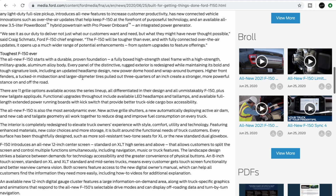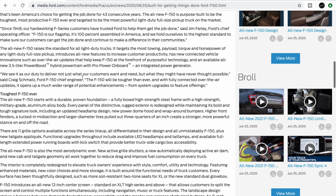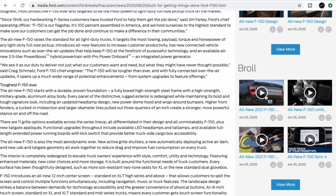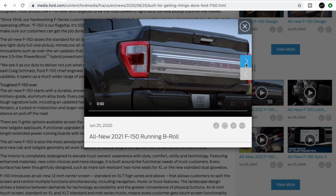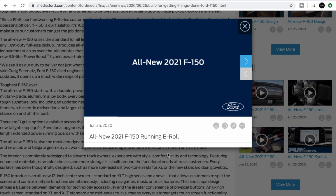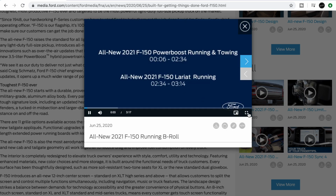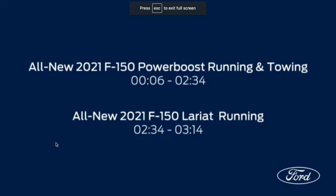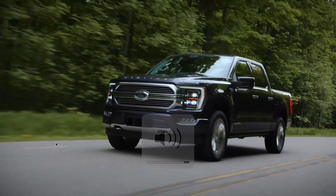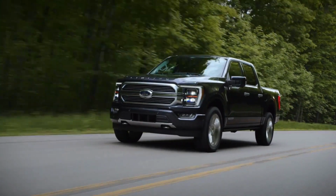So I like the twin turbo torque. I also like the hybrid battery torque. That's even better. Let's look at some of the B-roll stuff. Let's just show you. So this, I believe, is like the power. I don't know what this is. I'm going to be honest. This is a whole 3 minutes of driving. We're not going to watch all this. I want to show you the...